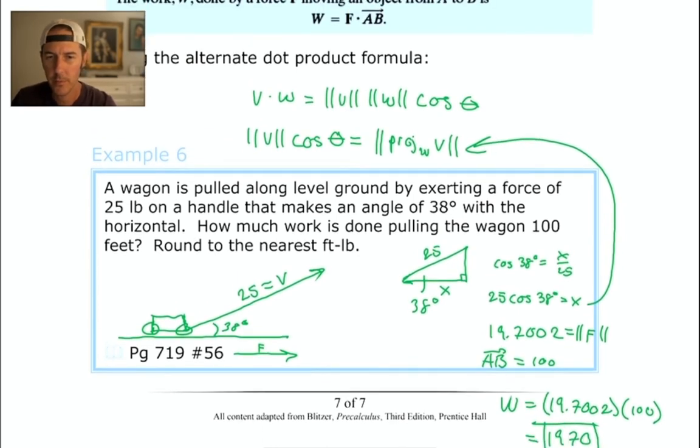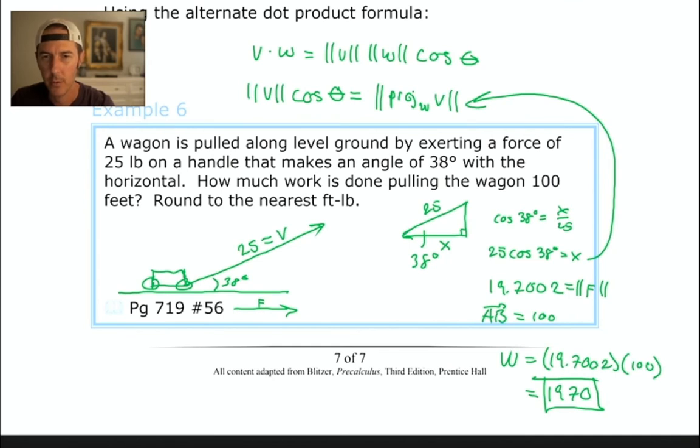Oops, just off the bottom of the screen. I have to pull it up and hold it there. Okay, so 1970 is the amount of work done. That took longer than necessary, but